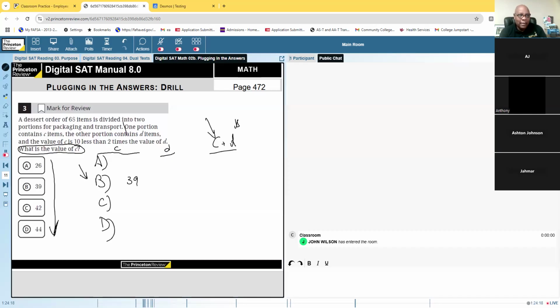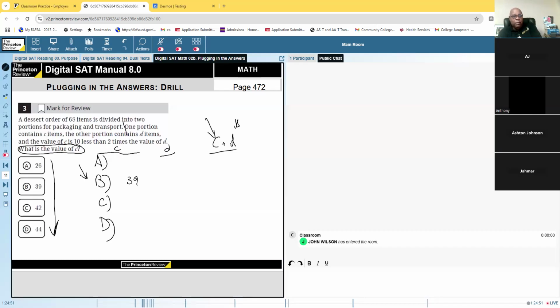Divided into 2 portions. Okay, good. So you know one portion. What's the other? The other portion, you know C is 39. All right, let's put it this way. If you got $68,